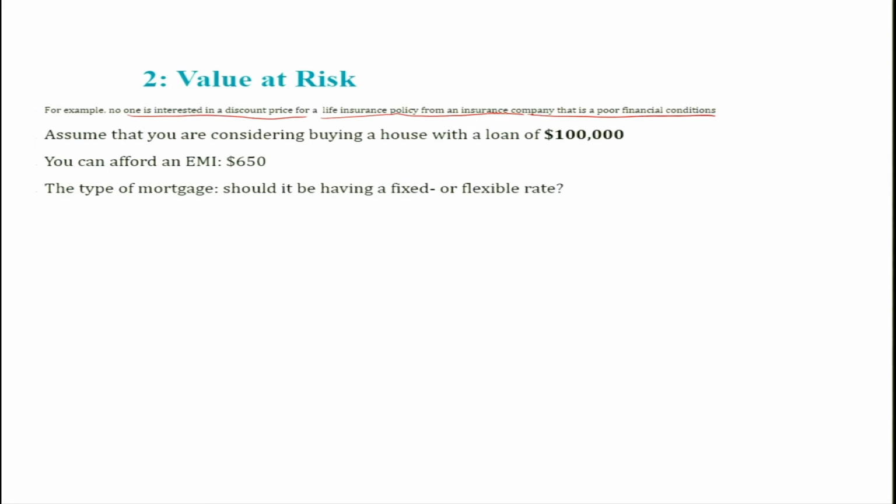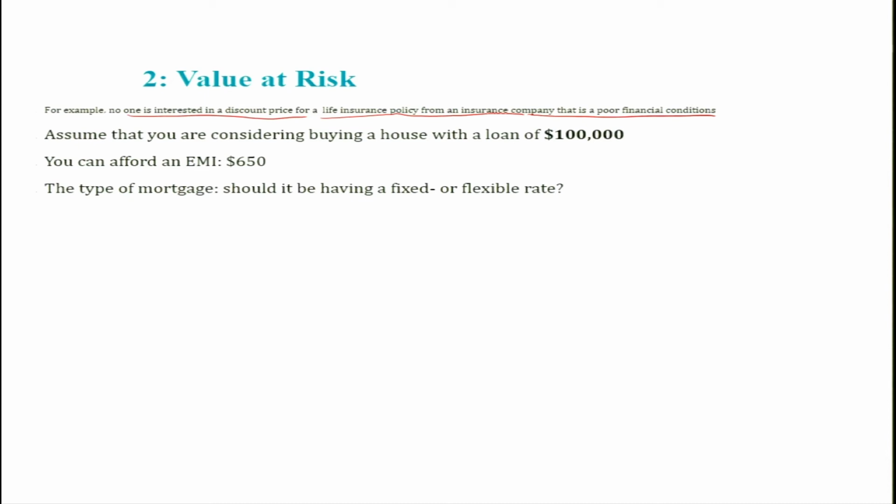So suppose, for example, what if the insurance company collapses? What if the bank collapses? That means a catastrophic loss. No individual investor, institutional investor or government wants to see that kind of outcome, the worst outcome. The concept used to assess this sort of catastrophic risk is called value at risk. So let us examine how value at risk works.